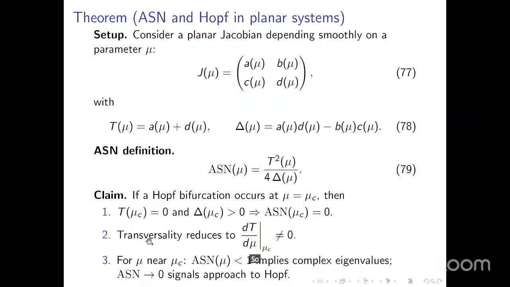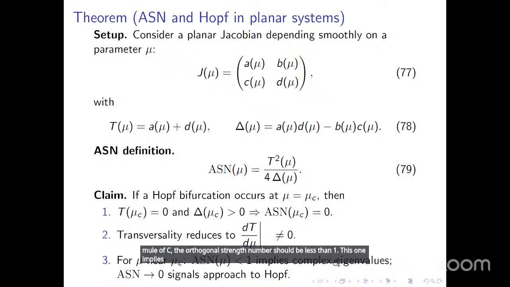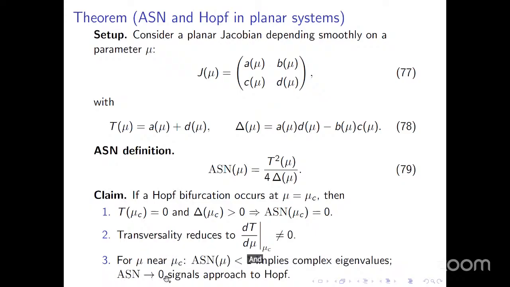So we also have transversality, reduced to this point: dt over du should not be equal to 0. For mu near this value, mu of c, the orthogonal strength number should be less than 1. This implies that we have complex eigenvalues, and the orthogonal strength number approaches 0, which signals approach to the Hopf